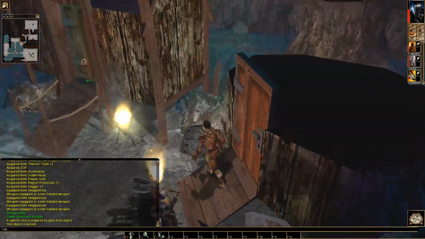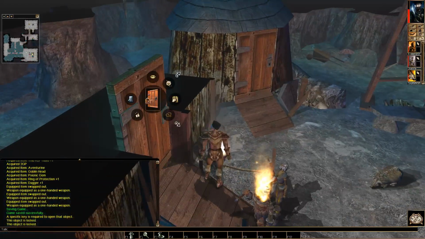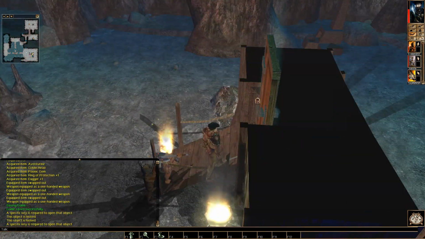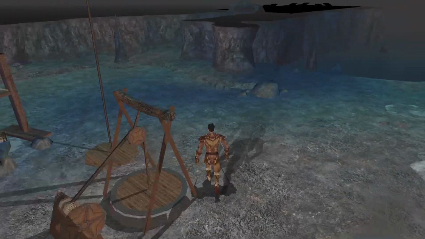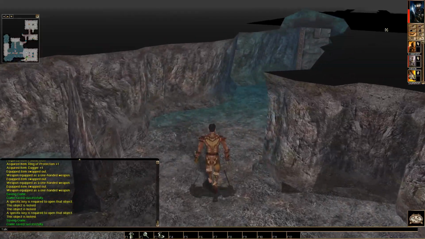No, a key is required. So this is basically just a door. You can't really do anything with it, but there's some stuff here and here, so possibly there may be some things we can check here. I would love to have more. Yeah, so far I've got...